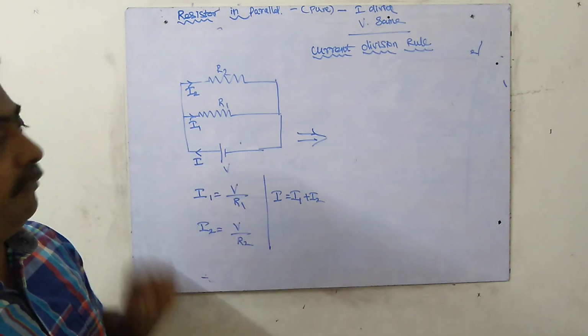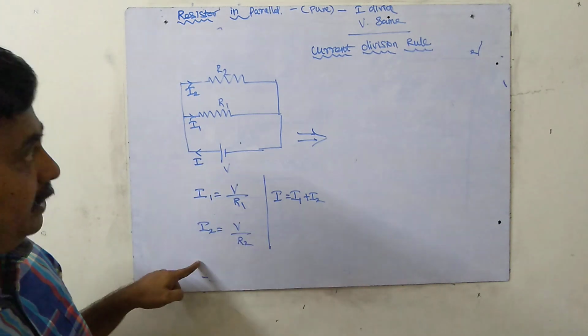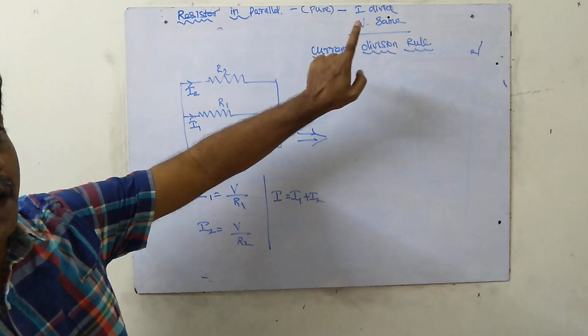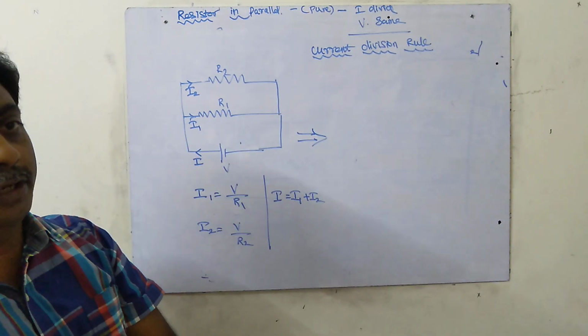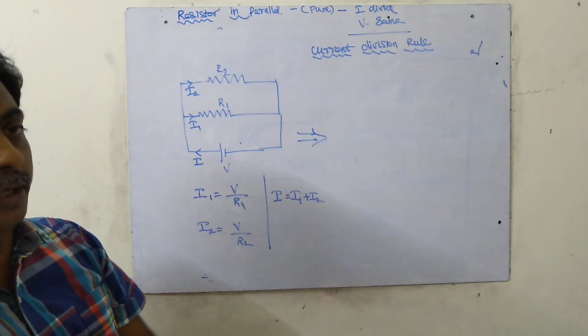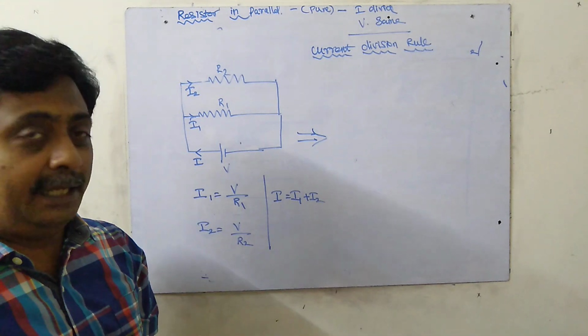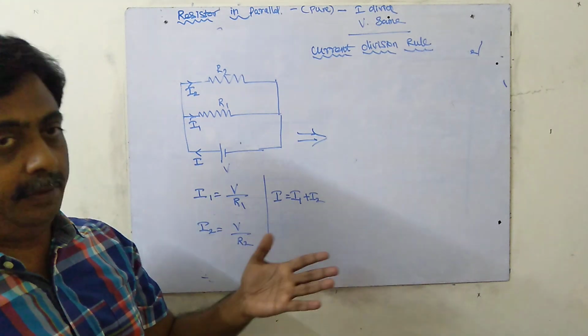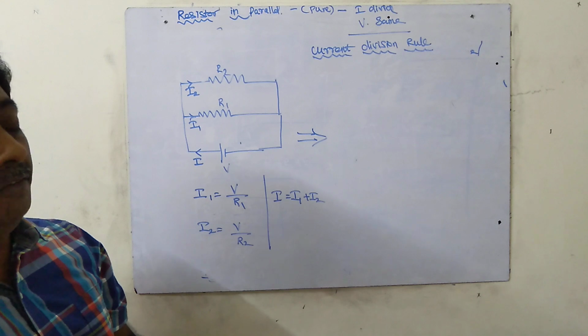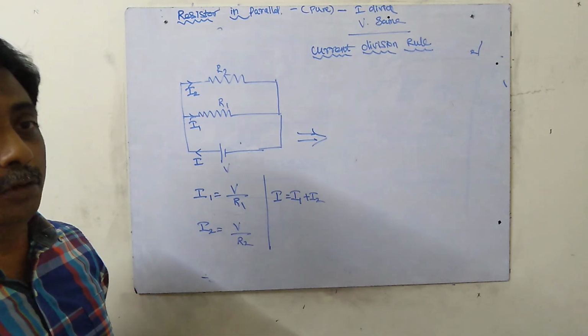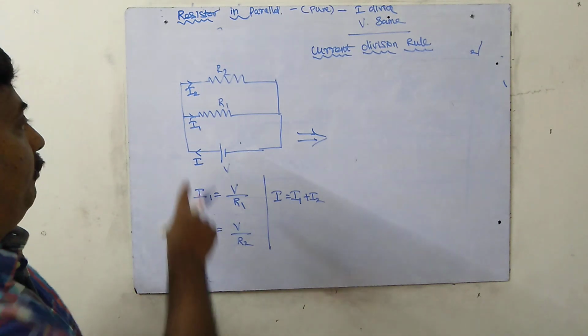What is the value of I1? One method I have found by this method. Another method is current division rule, but we have to remember this method. Current division rule is very important. Voltage division rule, sometimes it's not necessary to remember, but this one is very important, because while solving series parallel combinations we should remember the current division rule. What is the value of I1?